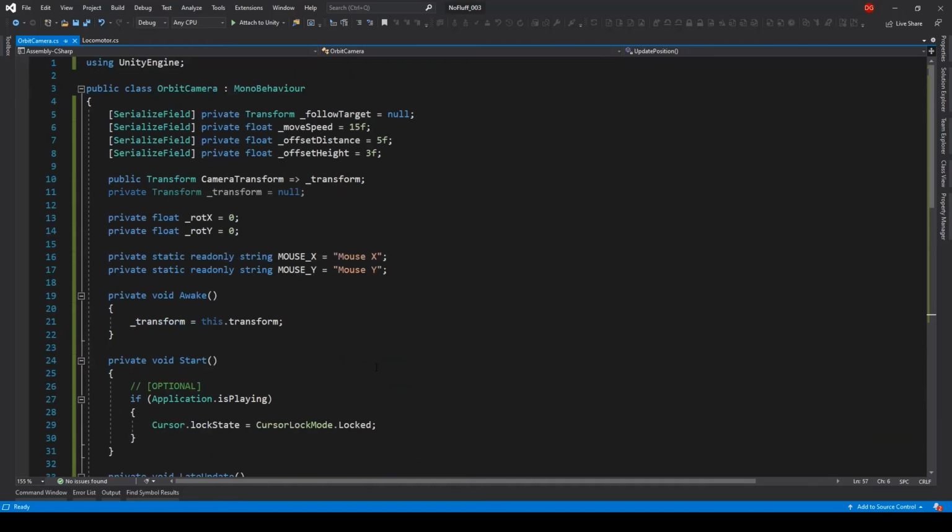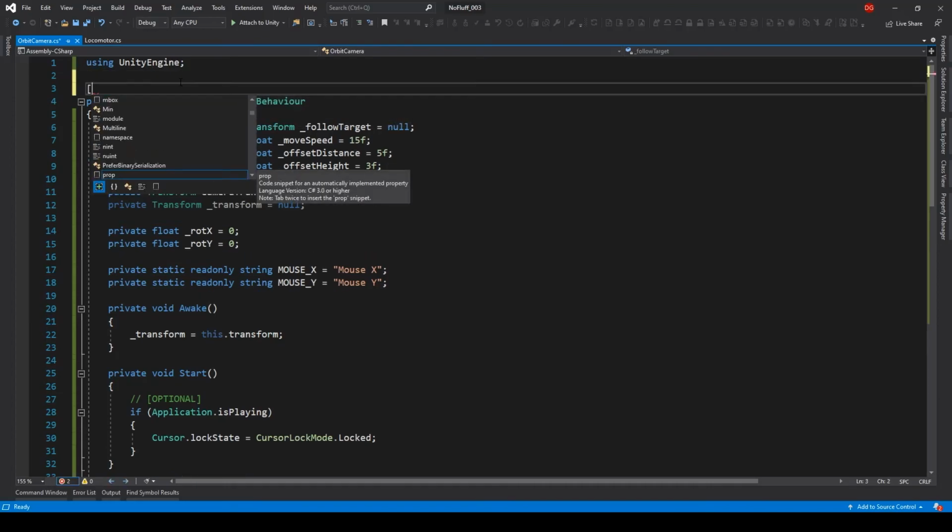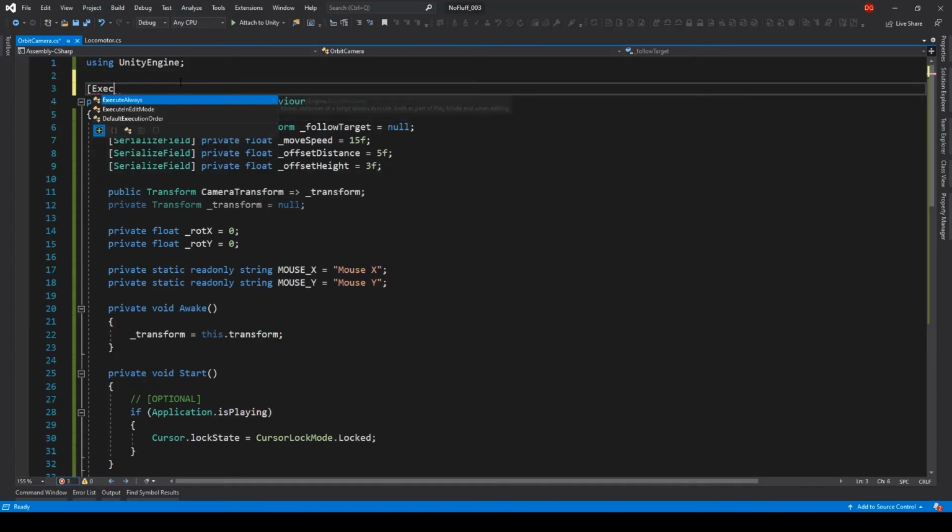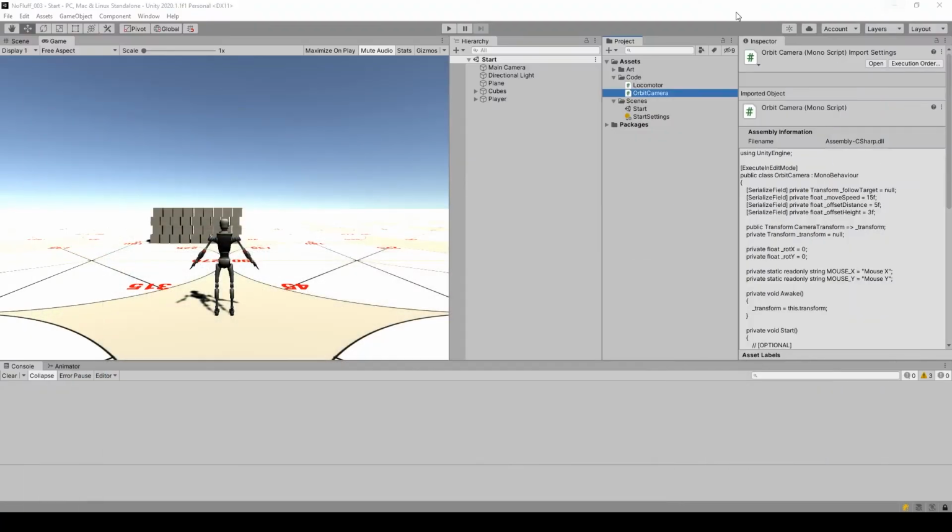And that is it. The last thing to make this camera magic work, we're going to add a little attribute here that says execute in edit mode. So what that's going to do is allow us to actually tune our camera before we ever have to hit play. So let's go ahead and jump back into Unity, let it recompile,